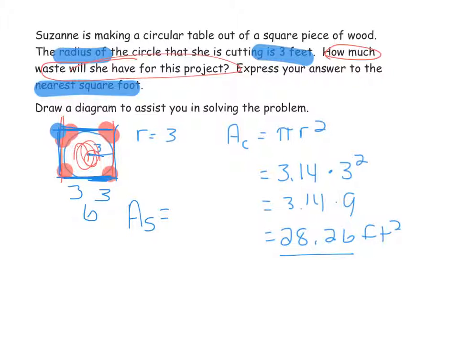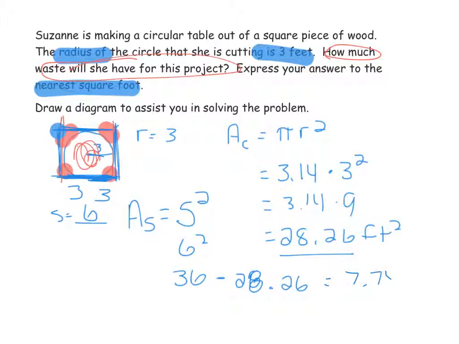is we have to take either length times width, or I hope you know that it is the side length times the side length, or s squared. So now I'm going to plug in one of the side lengths is 6. 6 squared is 36. So to figure out the waste, we are going to have to take the area of the square minus the area of the circle, and that equals